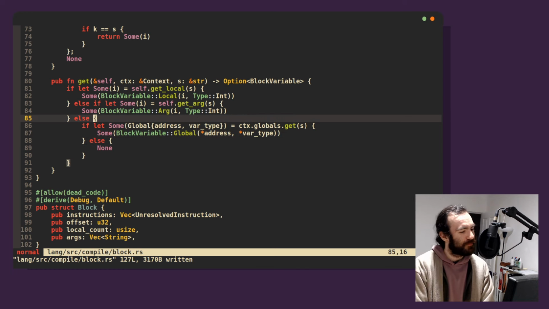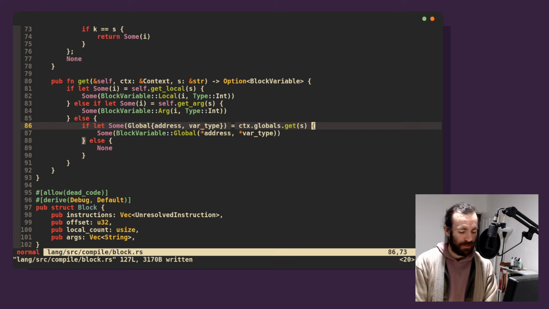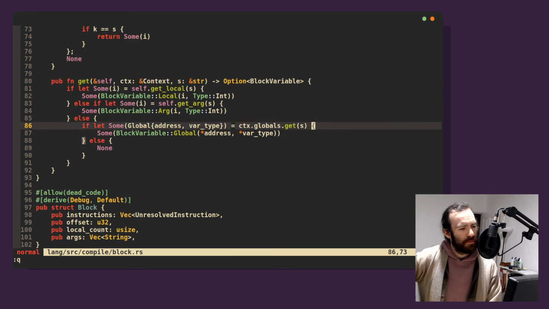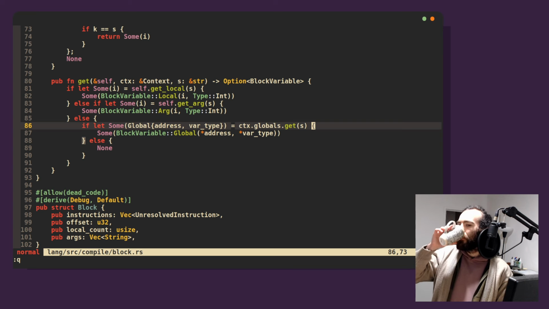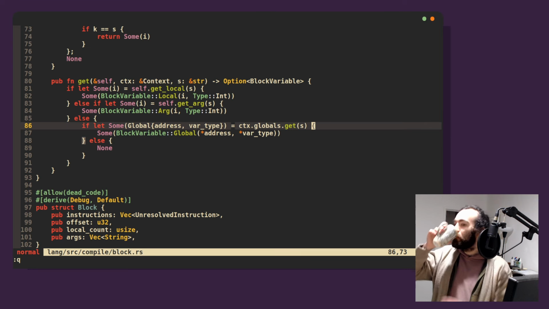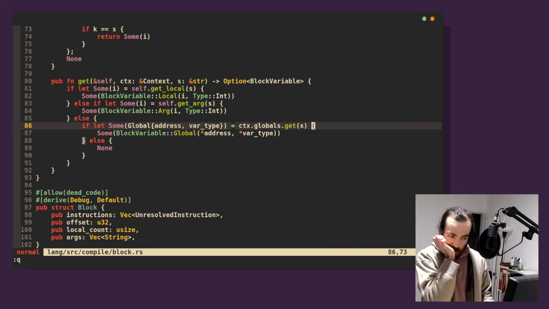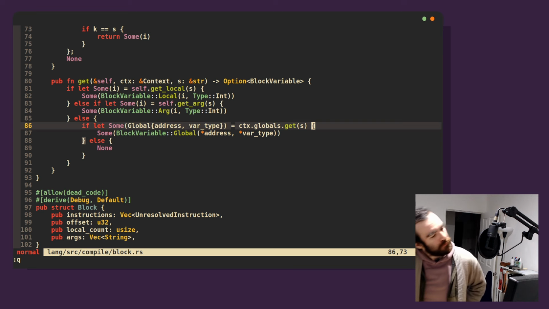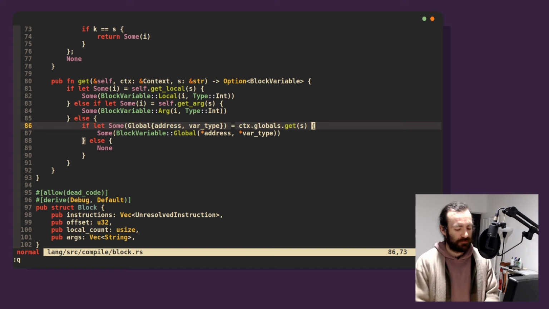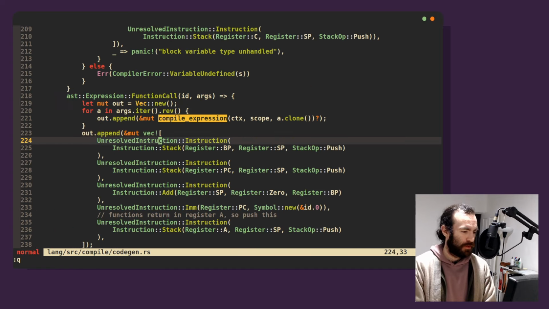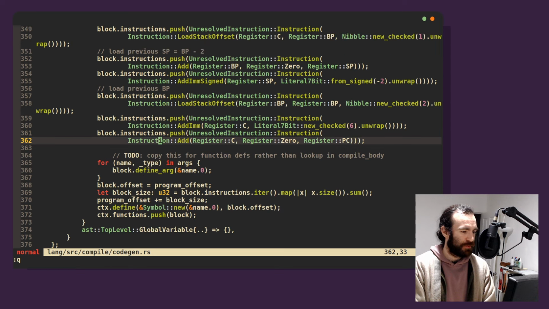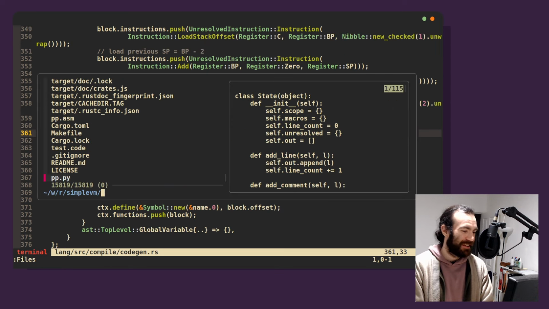So what it's saying is we don't get the global. We never, this doesn't go anywhere. This falls through to nowhere. Globals get S. So we always look for a local, then an arg, then a global. All right, I'm going to have to go back to my favorite thing, which is, well, first let's write a test